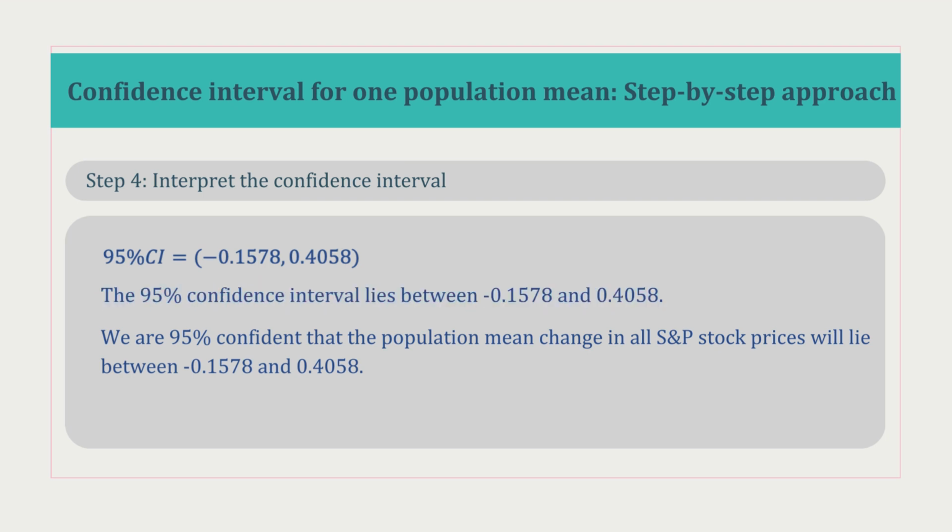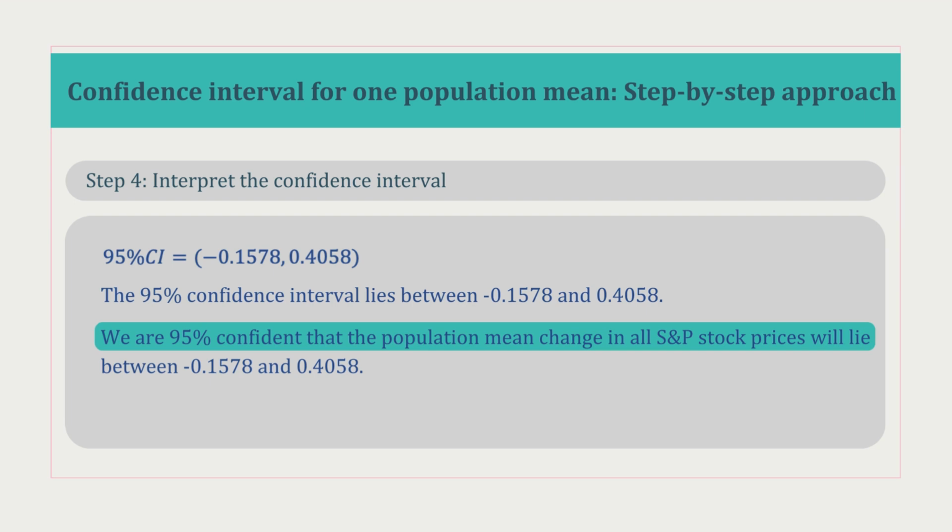0.4058. This means we are 95% confident that the population mean change in all S&P stock prices will lie between -0.1578 and